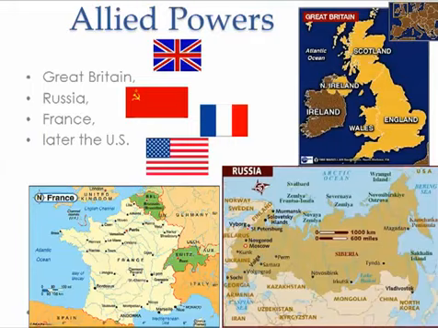So what's going to happen is, just like in World War I, we're going to have the Allied powers here, Great Britain, Russia, or Soviet Union, France here, and later on the United States. We're going to come in later, just like we always do. We drag in a little late. But here are the Allied powers. The Axis powers are